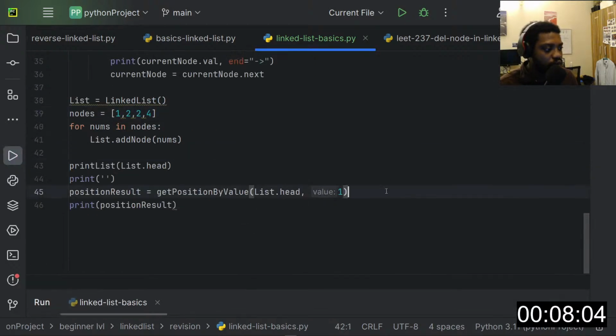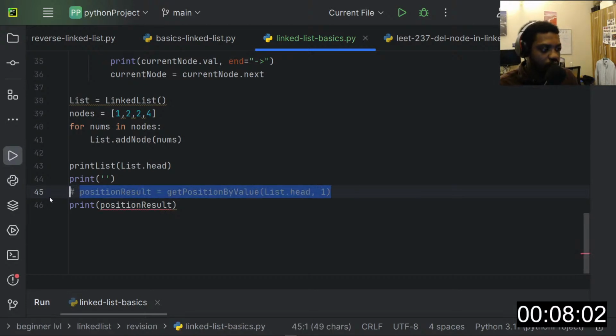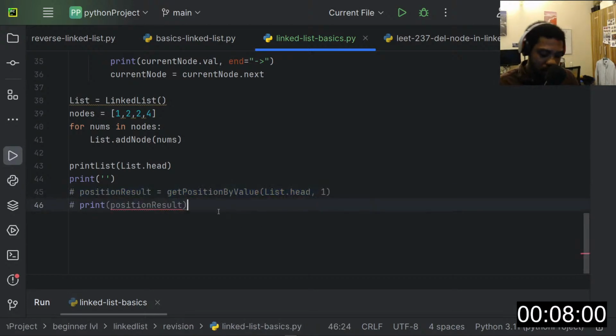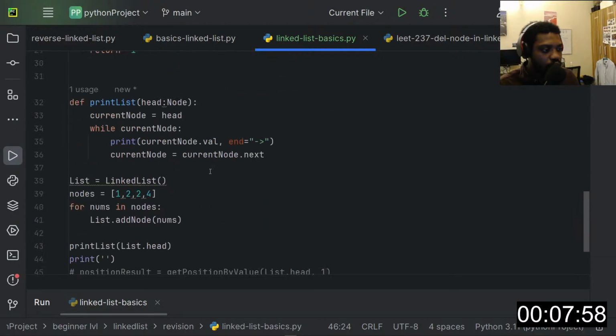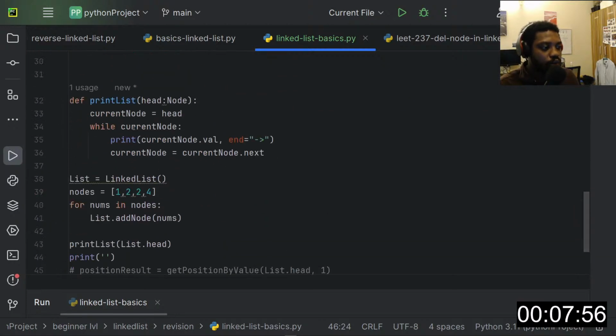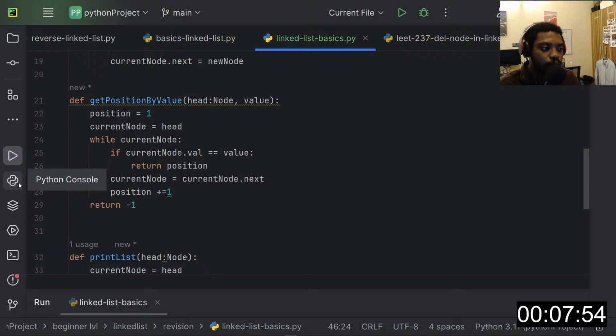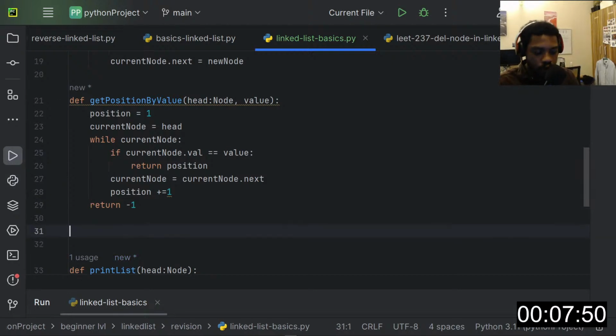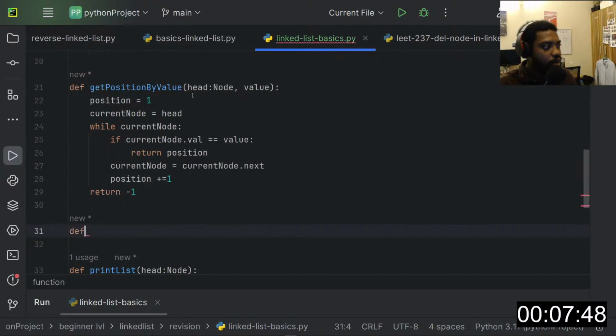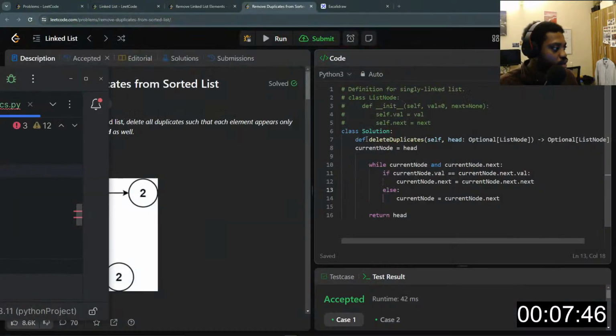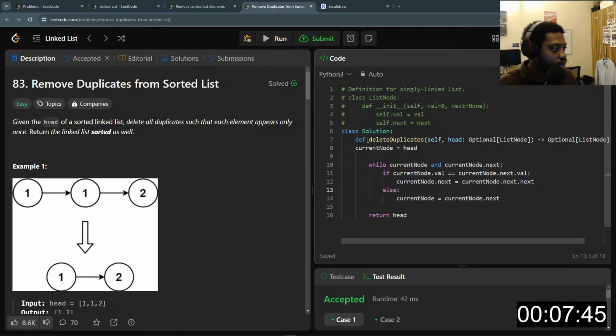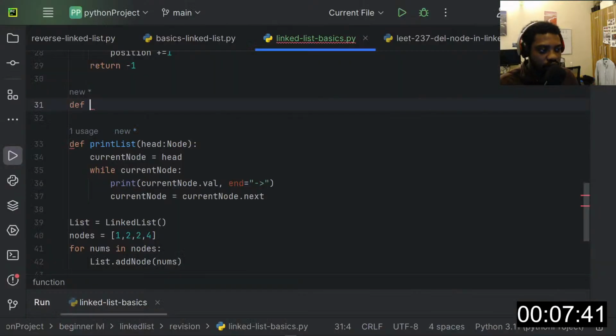So let me remove this one here. I'll simply comment it out, and let's say I want to remove duplicates. I want to write a function that removes duplicates from a linked list. So here's what we need to do. We simply need to define, what do I call this? Delete duplicates. So I'll say define delete duplicates,